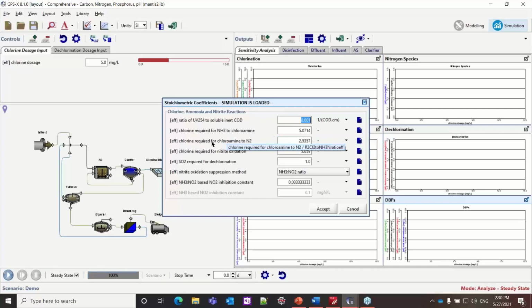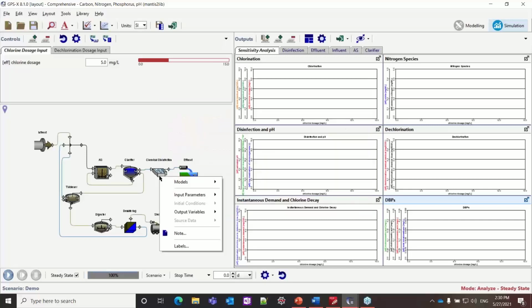And then we have these other ones too for chlorine required for chloramine to nitrogen gas. We also have the chlorine required for the nitrite oxidation, and then the sulfur dioxide required for dechlorination. So yeah, these are derived from actual stoichiometry, so it's unlikely you're going to want to change them much, but you can obviously calibrate them a bit if that is what your plant calls for.